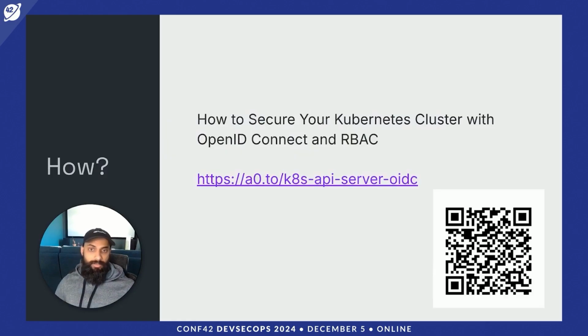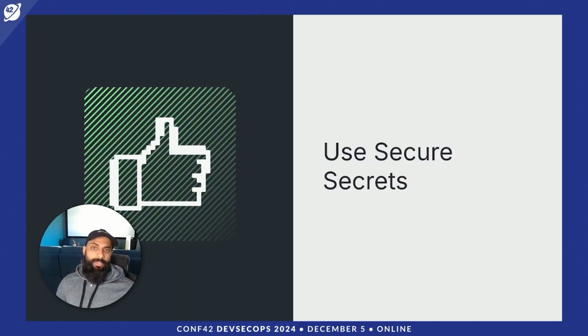If you're interested in setting this up, you can check out this blog post that I wrote some while ago. It shows how to set up OpenID Connect on a Kubernetes cluster and how to use Okta to manage this. One of the most often overlooked aspects of security in Kubernetes is secrets, and that's why the next best practice